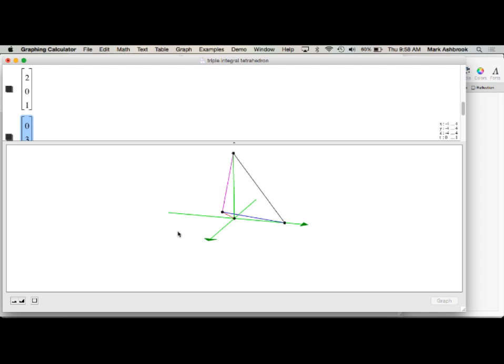So when we turn this thing and look at the XZ plane, there it is. Oh, it worked. It's so awesome. All right, so